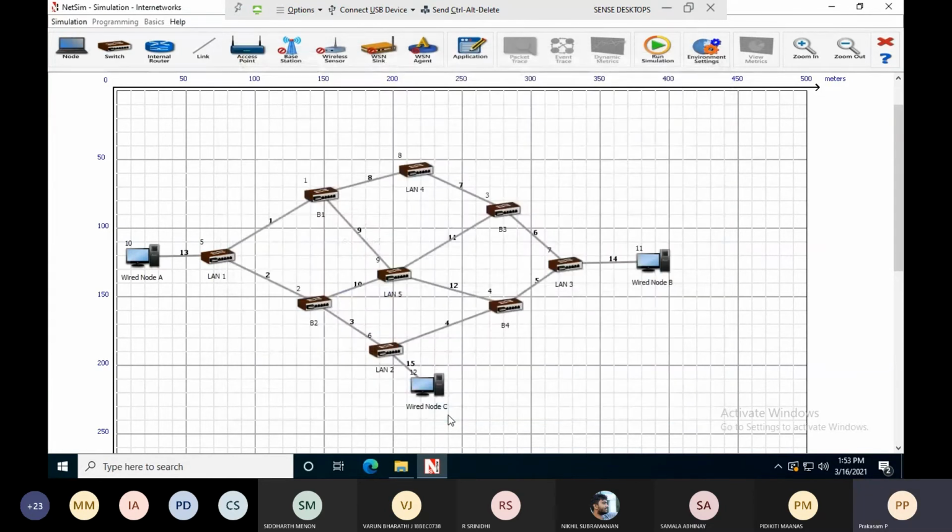Now I have given priority 5 for all the LANs. So you have to fill the second table, that is for LAN 1: port, priority, MAC address, then port address, then fill that for LAN 2. Okay. Now I have configured all the priorities.